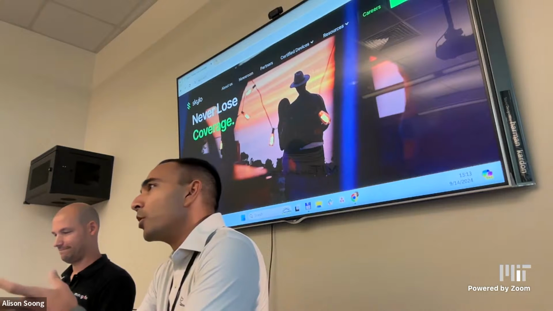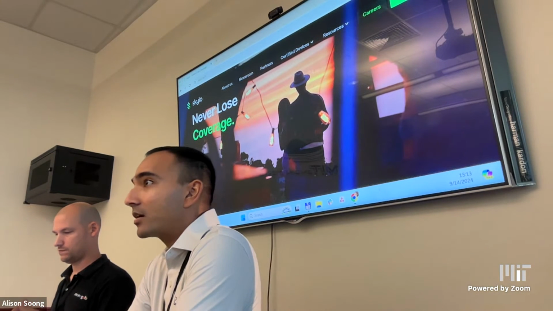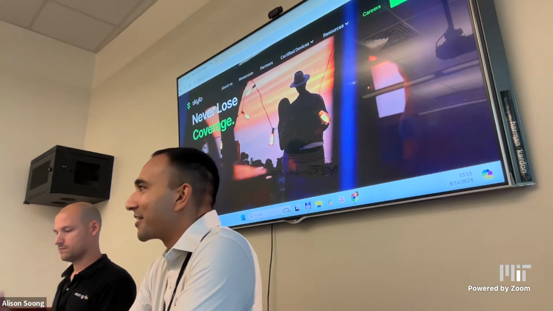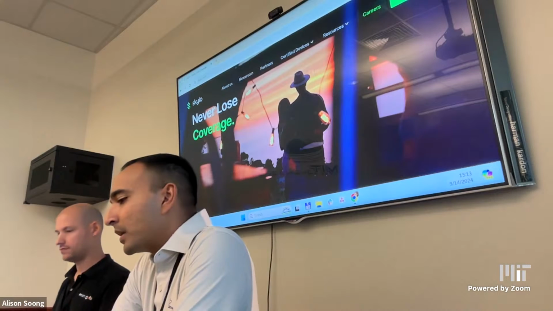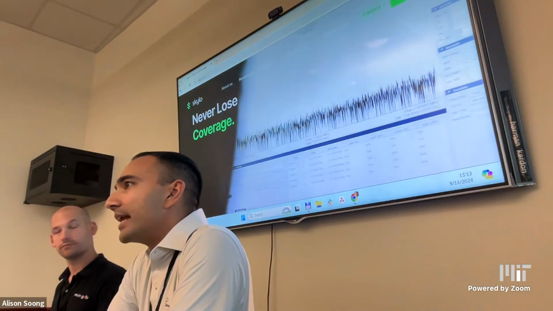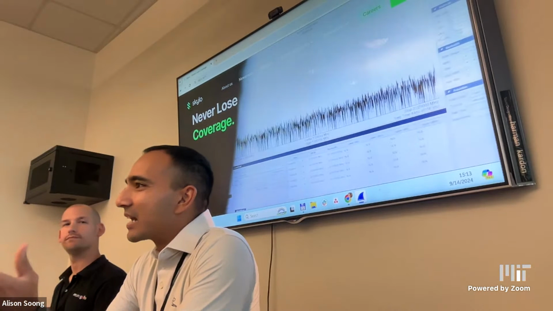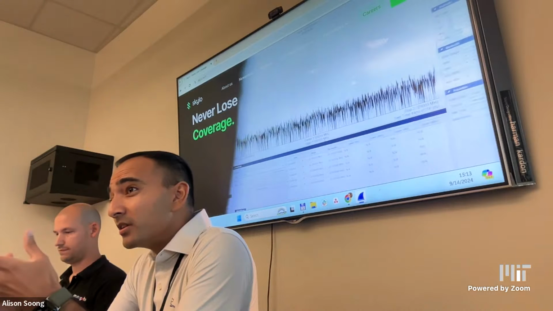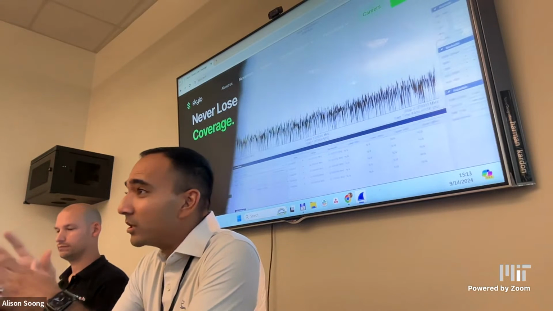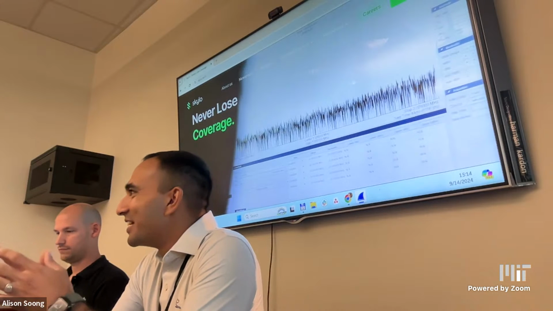And so Skylo and Monogoto have partnered together for this particular track in the hackathon. This is the satellite connectivity track. And I'll tell you a little bit about what we do. So historically, if you wanted to connect anything over satellite, you would have to do it using a big satellite antenna, like a dish. It would be a very expensive solution. It would not be compatible with cellular connectivity, and it would be basically a pain to connect.